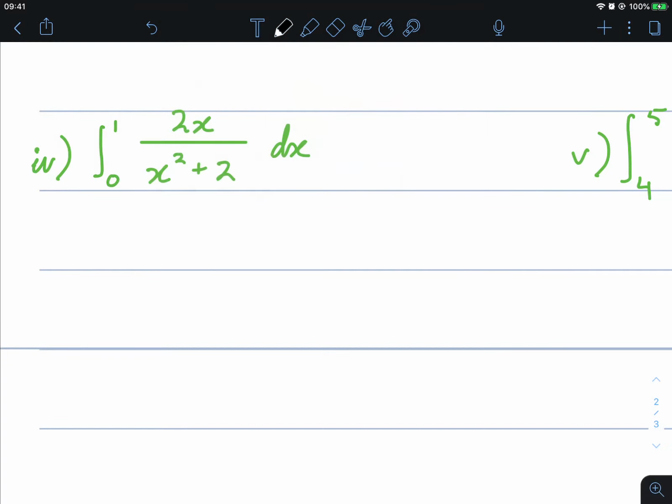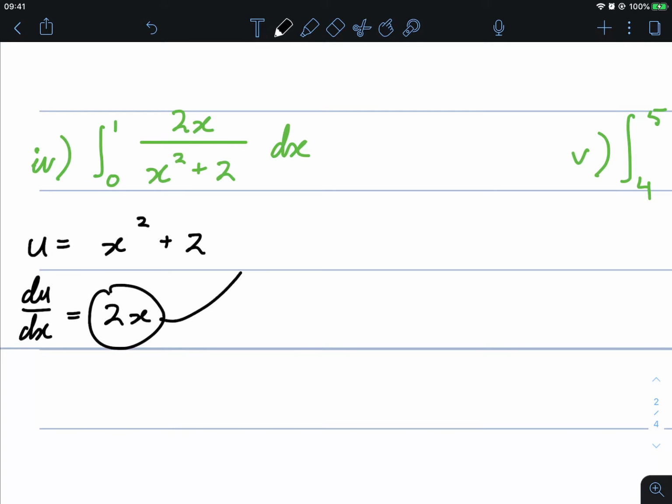Now, integrating this is not as obvious, but for situations such as these, I always check the denominator, and I let the denominator equal u. So u equals x squared plus 2. And I derive this in terms of x, so du on dx equals 2x. If I notice that this derivative matches the numerator, I know now that we're going to be utilizing ln of